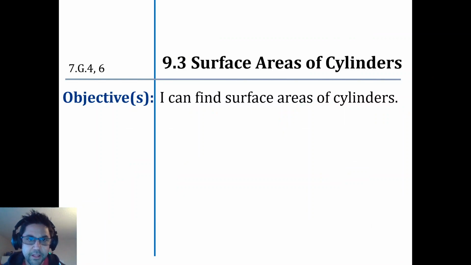Today we're going to be learning 9.3, surface areas of cylinders. Now remember, we've been talking about unwrapping the picture. So you've got your awesome cylinders, maybe some cans that your family's been stocking up on. And if you take a look at the actual image or the physical item itself, to find the surface area